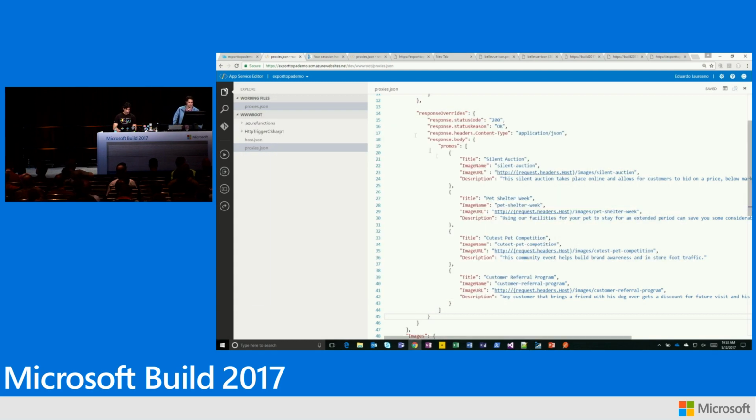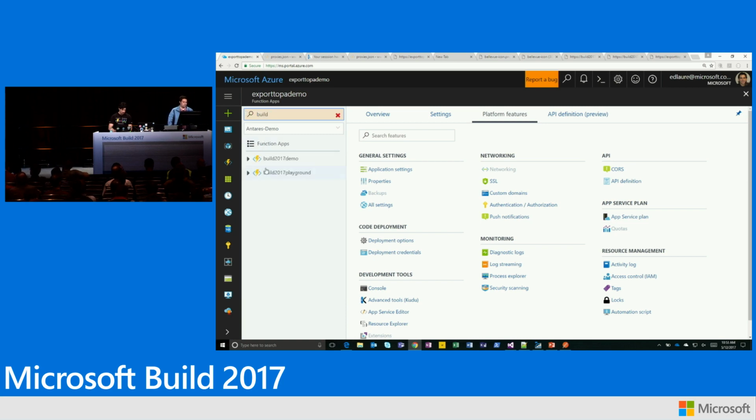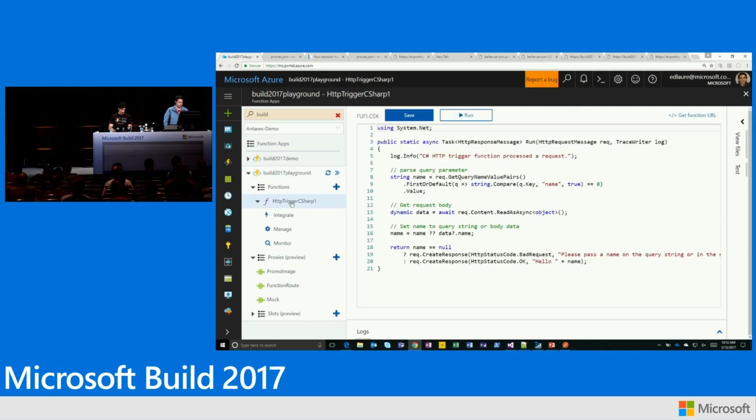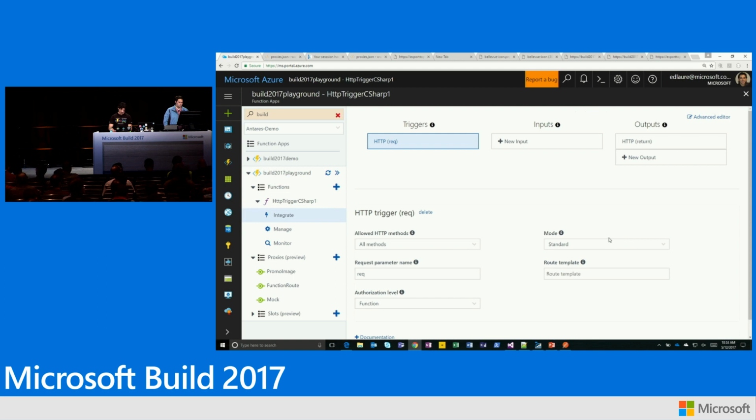That one, I had created the function. So let me go back to the one I was using where I created the function app that I was using, the playground one. I created a function here. So it's a very simple function. That's the only thing that exists there. So the Swagger is going to be somewhat simple. What I can do here is decide which HTTP verbs it's going to respond to. Just to make my Swagger a little shorter, I'm only going to keep post for fun.